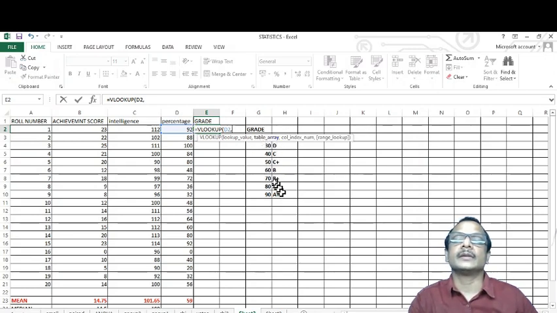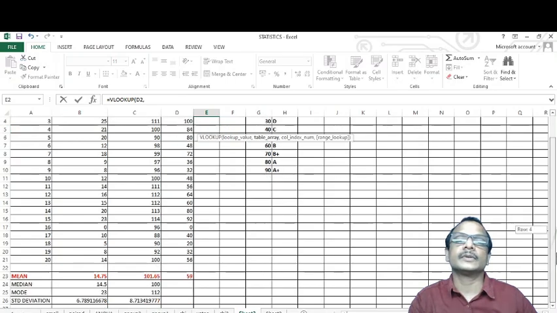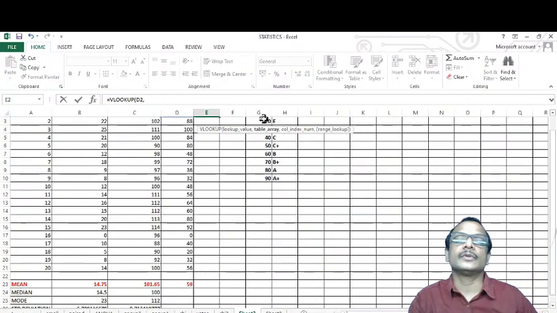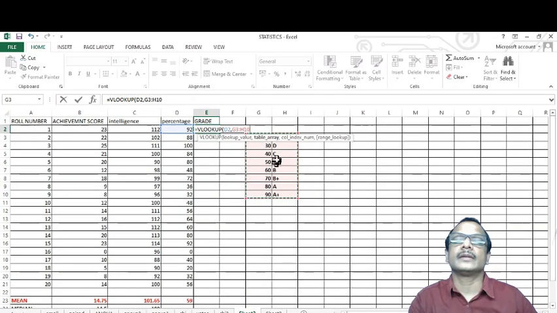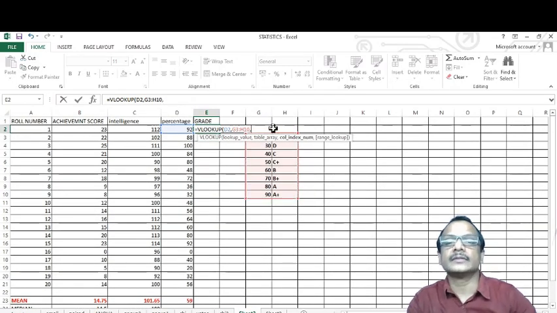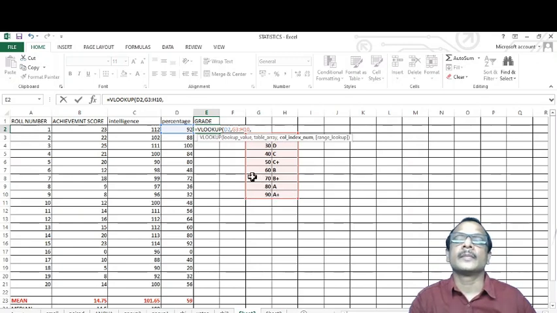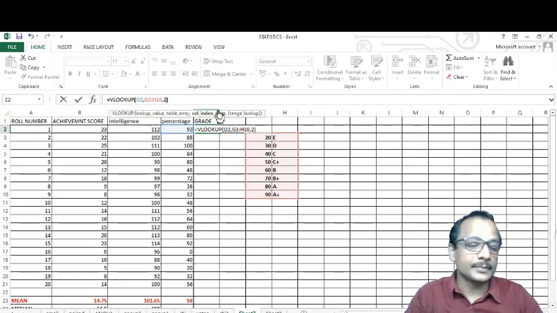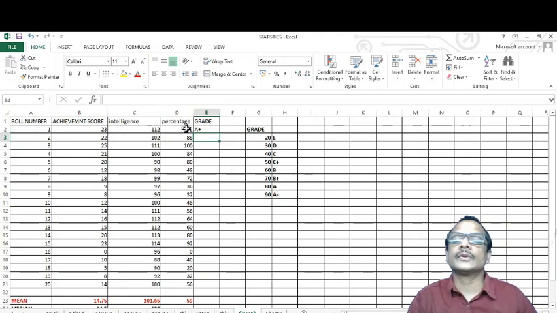Here you can see this is the grade table, G3 to H10. Then again put a comma, type 2, close the bracket and press enter. The first student's score is converted into A plus now.